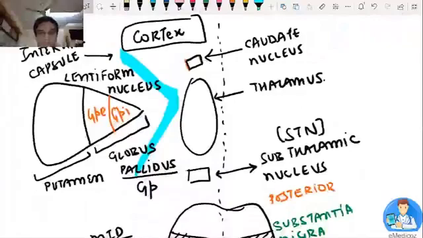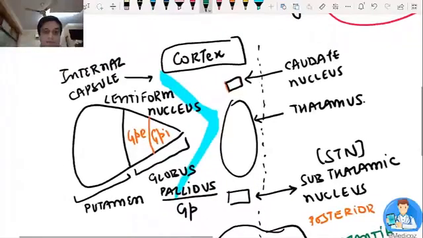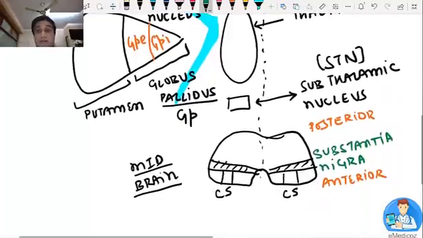Below the cortex is the basal ganglia, made up of two major parts, the lentiform nucleus and the thalamus. Lentiform nucleus has an outer peripheral part, that's the putamen, and the globus pallidus. Then the thalamus, and above is the caudate nucleus. Below is the subthalamic nucleus. Between the lentiform nucleus and the thalamus is a sandwich, the internal capsule. Below is a very important part, the midbrain, which has the substantia nigra over there. Okay. I'll come back to this diagram very often today because this is the very basic that we need to